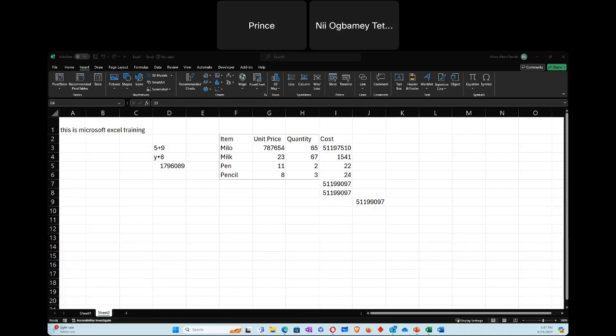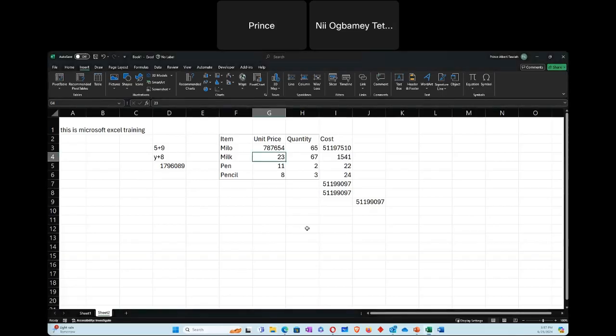Okay, so there are two questions. I need to go over the summation, and someone is asking a question about graphs in Excel. So the summation, I did not use AutoSum, but of course you can use AutoSum. AutoSum is the easiest one. But I use the normal sum, which is the appropriate one to use, because the AutoSum comes with limitations. When your values are not homogeneous or are not continuous, the AutoSum will not work once there are breaks in your data.